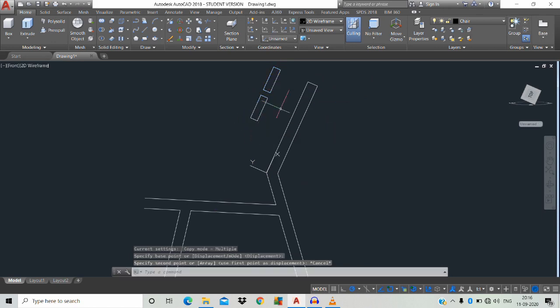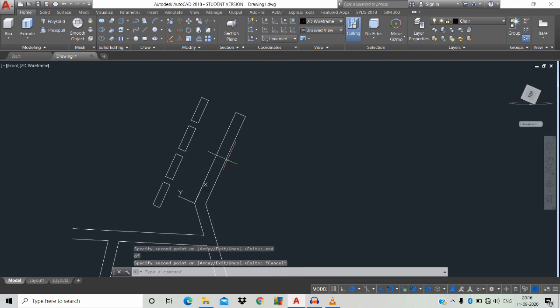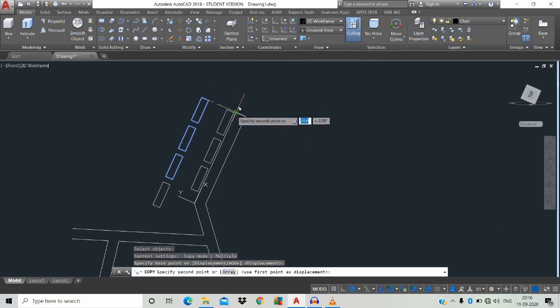This is our first point, 1, and we're going to draw 4. Now CO space, click this, move 3 objects, space, click the object and click over here.